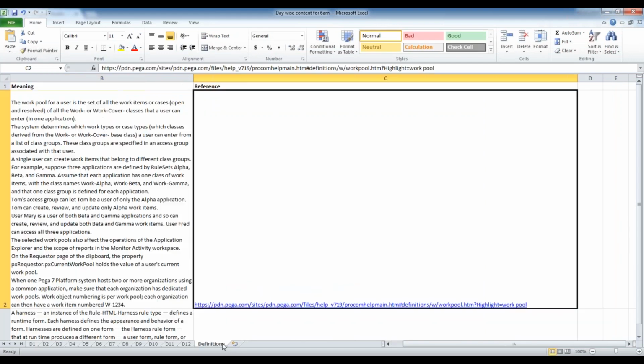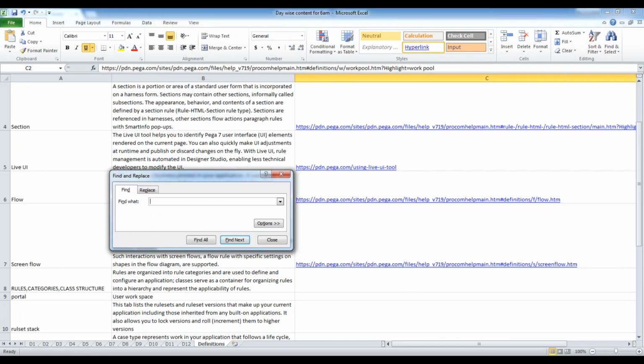Let's see the definition. If we have the cascading definition, it's not there.